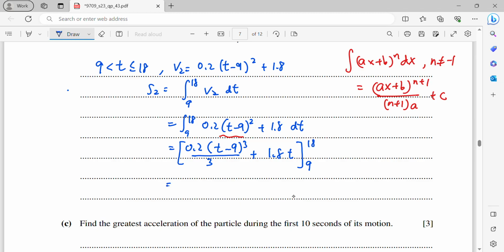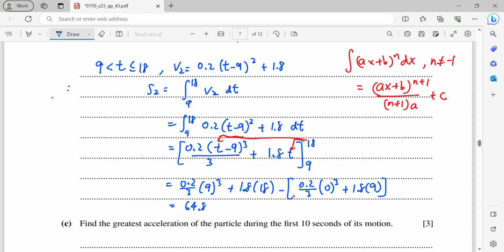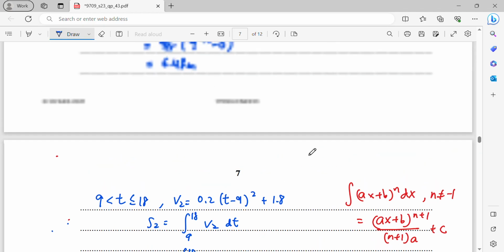Okay, so now you replace the values. I take out the 0.2 over 3 and replace the t by 18, then minus when the t is 9. So 18 minus 9 is 9. So I get 0.2 over 3 times 9 cubed plus 1.8 times 18, minus 0.2 over 3 times (9 minus 9), which is 0, then plus 1.8 times 9. Okay, so from here, you will get 64.8 meters. So that's the S2. Just now our S1